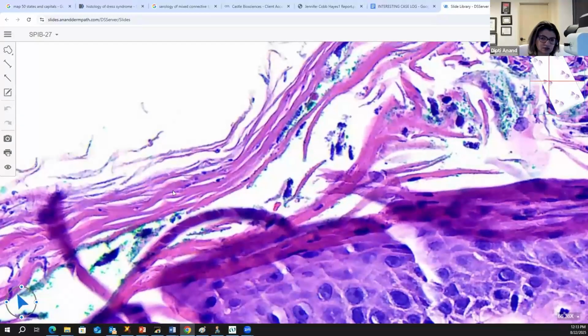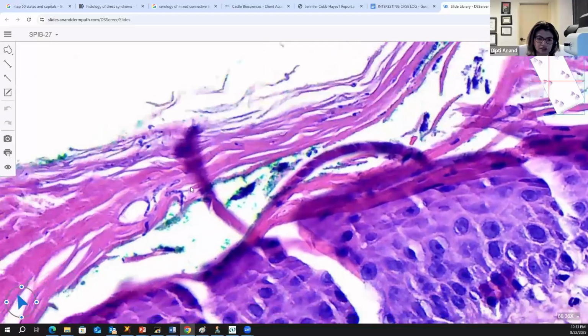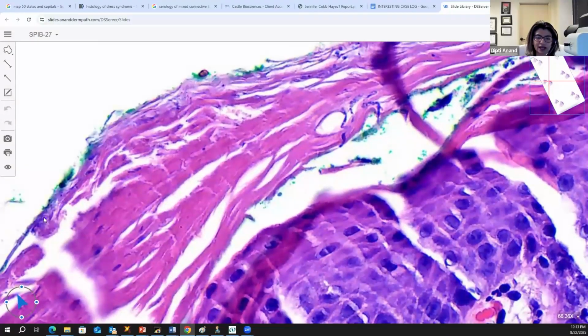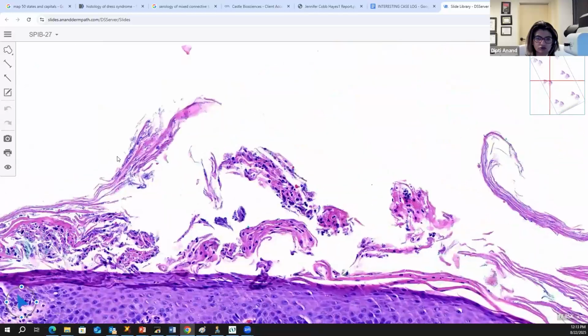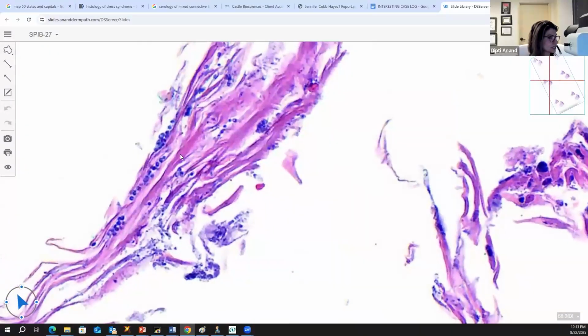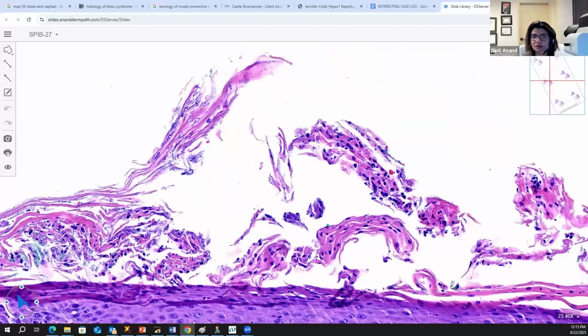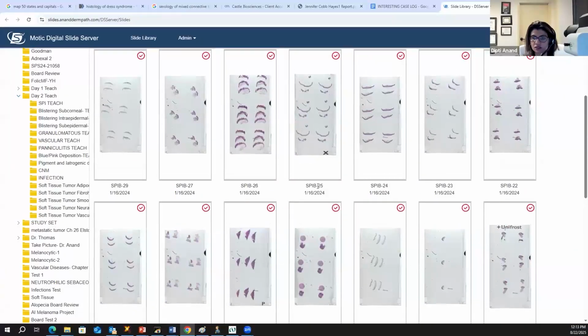Whenever you have a very dirty looking subcorneal split, that's almost certainly going to be tinea. There is more fungus in here. It's like a fungal party happening in here. So that is tinea, bullous tinea. Good job. The next one is